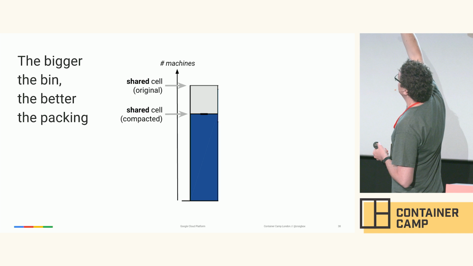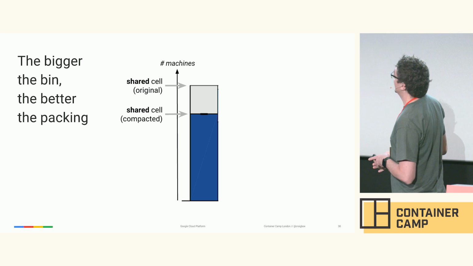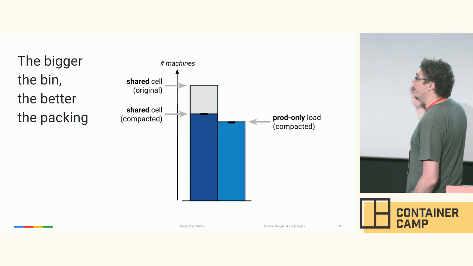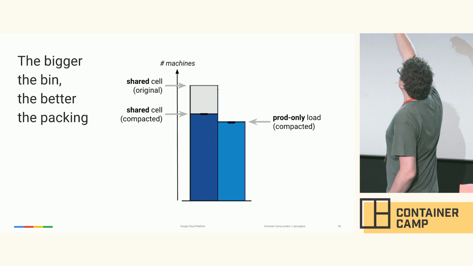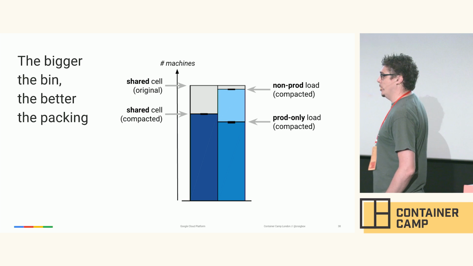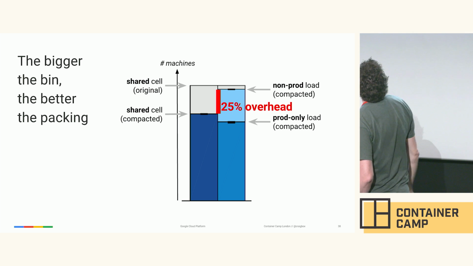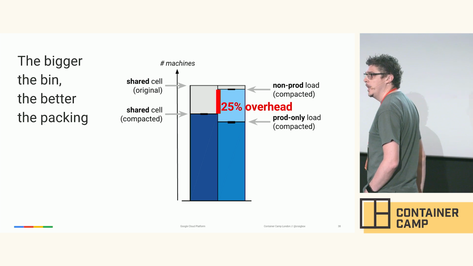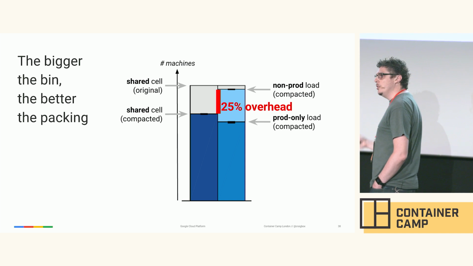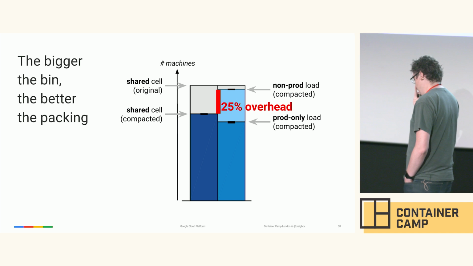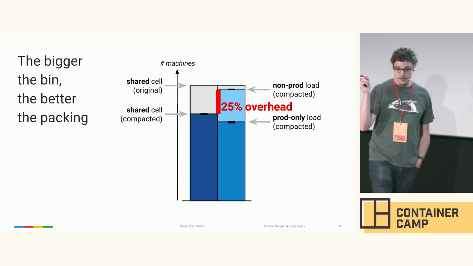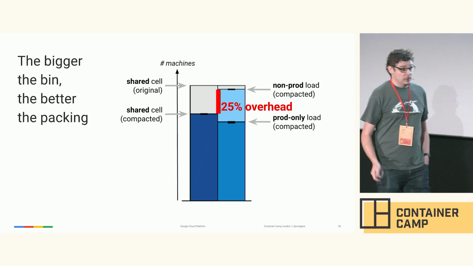If we compact down and get rid of that, we're roughly at that blue line for a certain amount of work. And we ran a simulation, and we said that if we were only going to run the production work, then we'd save a little bit, but ultimately, the non-production work compacted gives you a 25% overhead. So another way of looking at that is by running batch and production workloads on the same clusters, in the same cells, on the same set of machines, we need 25% fewer machines to run the same amount of work. And these are advantages you can get by using a modern clustering system.